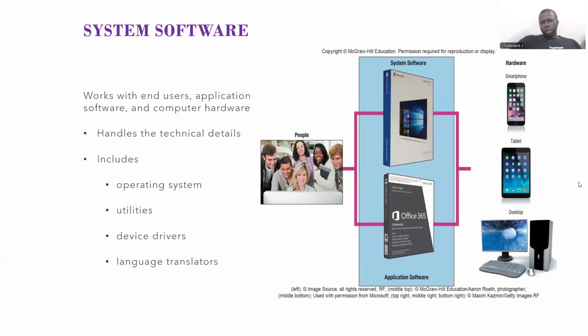computer. So here we have all our hardware lying on the right hand of your screen, the picture on your screen, and then you have you on the left hand side. And now your system software is at the middle, which is the intermediator, the bridge between the hardware, your smartphone, and you. If you remove the system software, then your hardware, being your smartphone, your tablet, your desktop, your laptop, and all those devices cannot be effective, cannot function. That's to show you the role and the importance of a system software